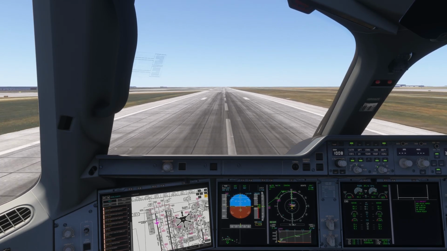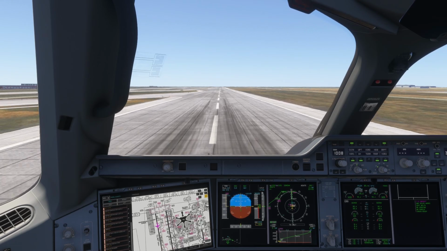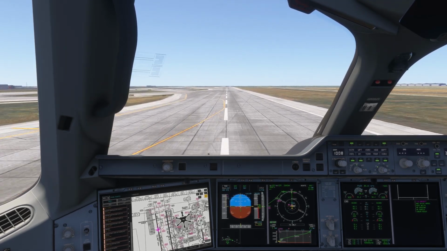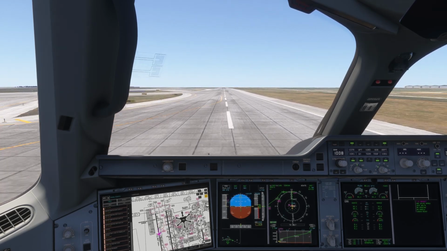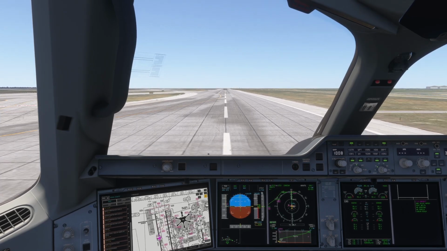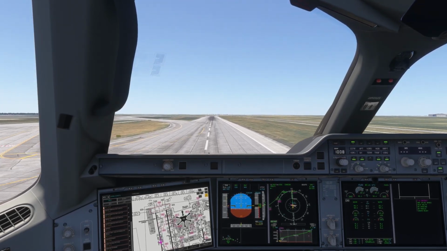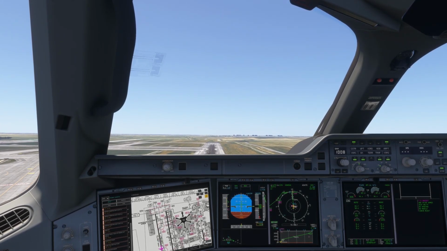I feel like I'm forgetting something. 100 knots. Keep the center line, come on. That's my rudders, sorry. You can see some graphical anomalies here, like ghosting. V1, rotate. Nice, positive rate. Gear up.